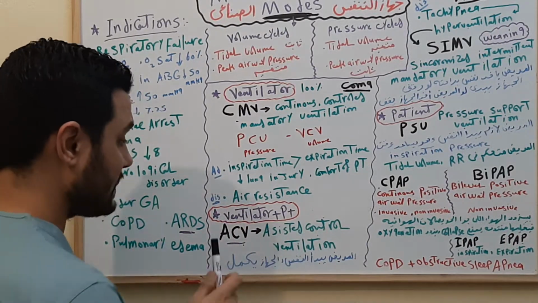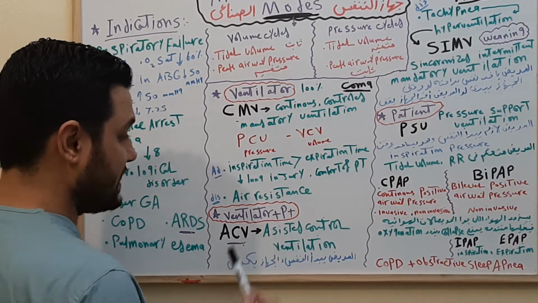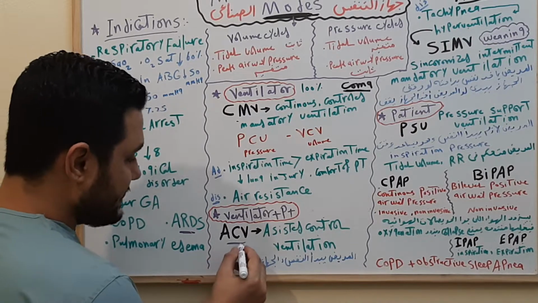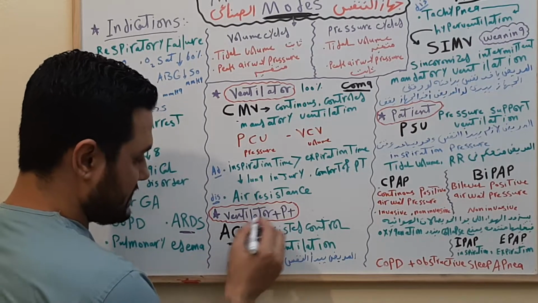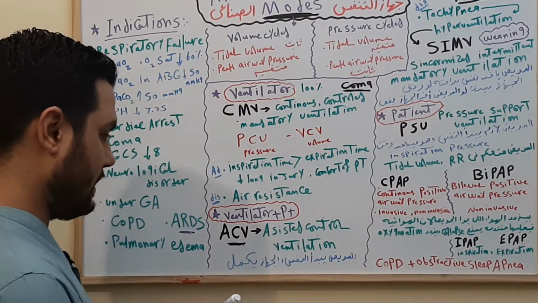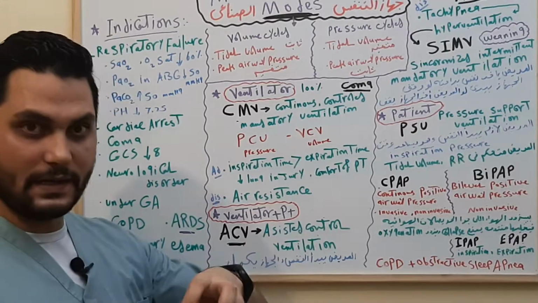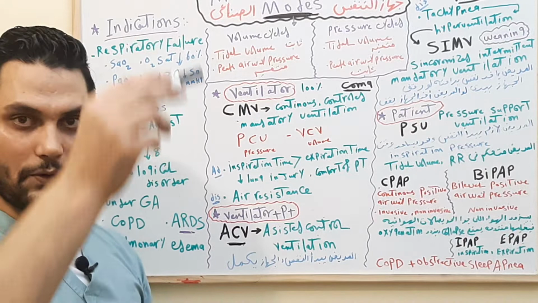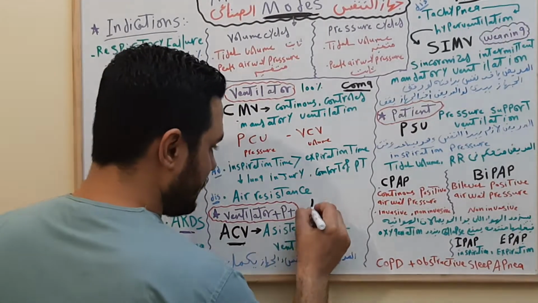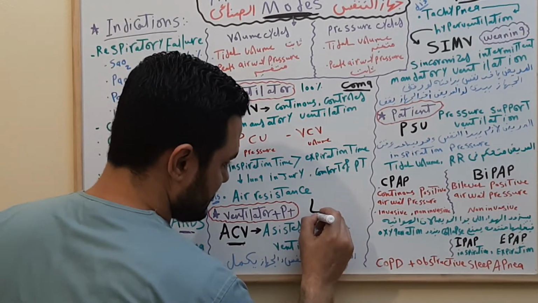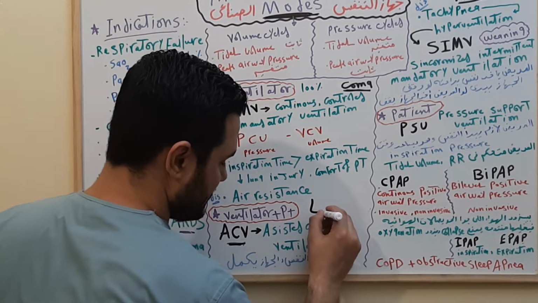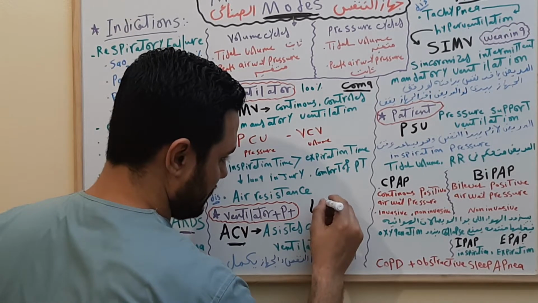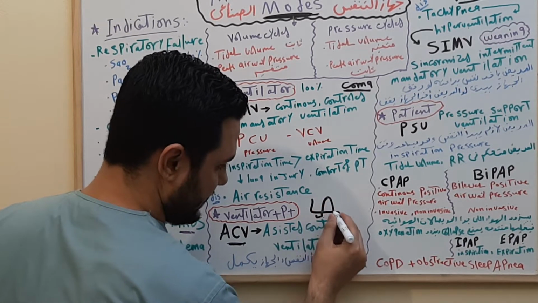Okay. The second thing is ventilator plus patient. We will take ACV. This is the mode, ventilator plus patient. Here, the patient starts the breath, or takes the inspiration, then the ventilator continues the cycle. For example, like this. Here, the patient starts inspiration,